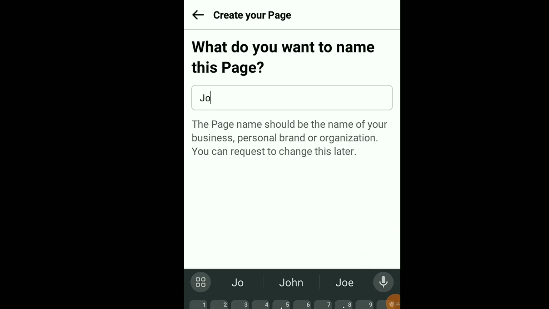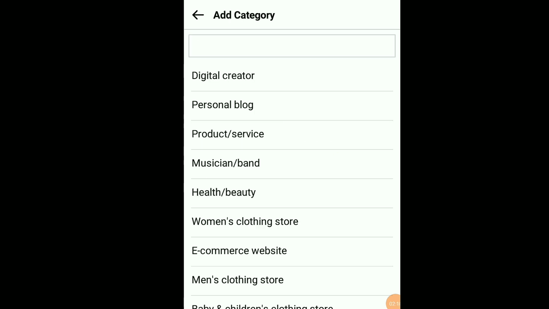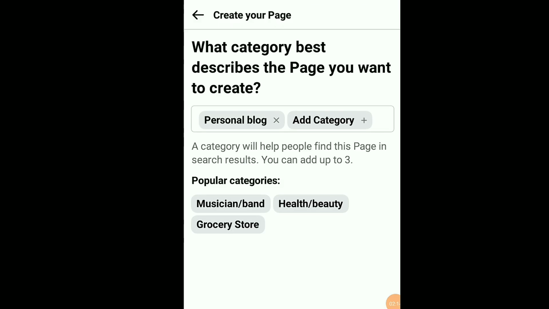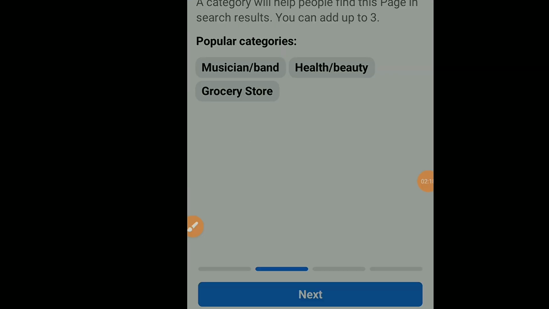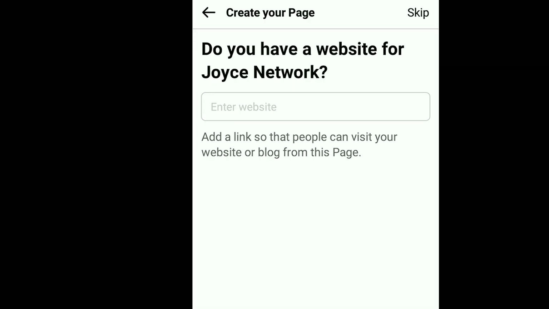Enter a unique name for your page. It should be a name that represents your brand, business, or the type of content you plan to share. Next, select a category that best describes your page. This should briefly explain what your page is all about. Click on Next. You can choose to add your website information here or skip here if you don't have a